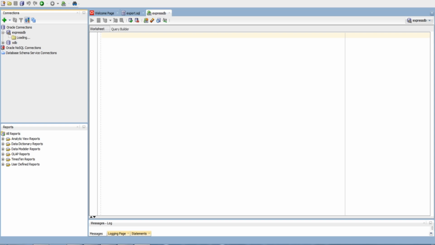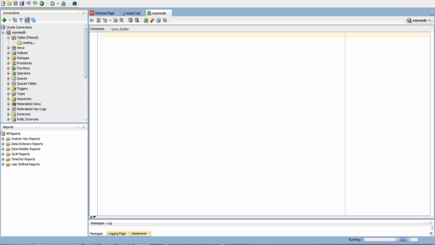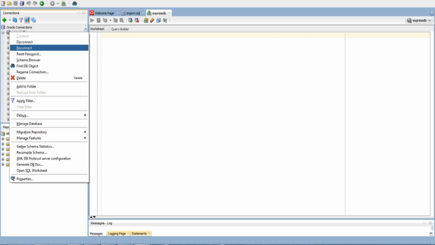You can check your schemas available, the tables. As we connected to sys, a lot of views and dictionary tables will be there. You can connect to your Scott or HR. You can disconnect, you can reconnect, you can reset your password.